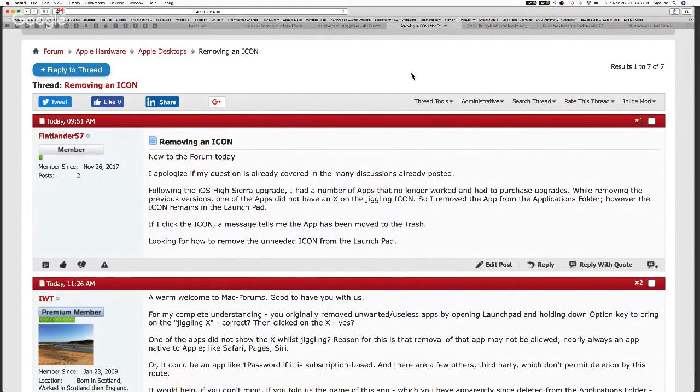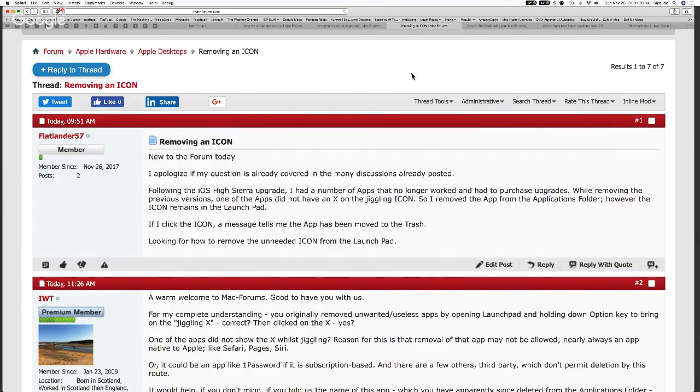In the original post, they have removed the piece of software, moved it to the trash in preparation for deleting it. But the icon remains in what they said is the taskbar or the launch bar, okay, out of Launchpad.